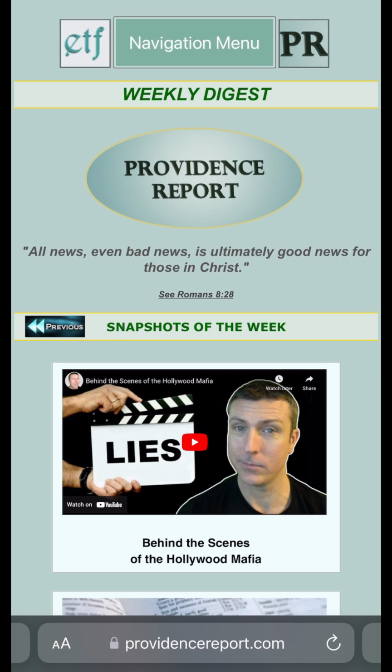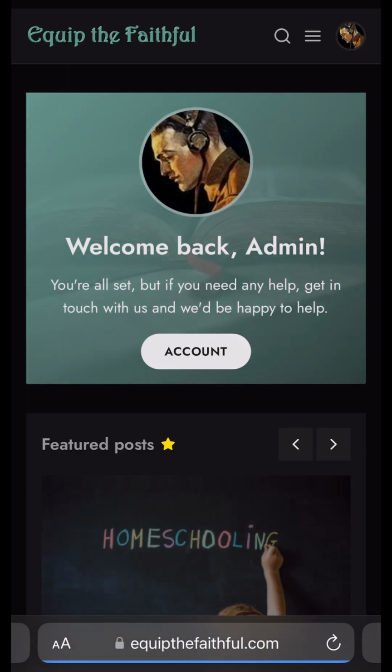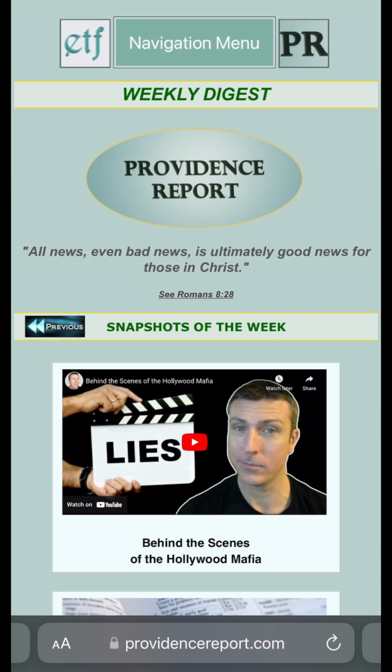Let's take a moment to familiarize ourselves with the main features of Providence Report. At the top of any page on the site, you will see the navigation menu and two icons with the letters ETF and PR. Tapping on ETF will take you back to Equip the Faithful, and tapping PR will return you to the Providence Report homepage. We'll discuss the navigation menu momentarily, but first I'll explain the primary feature of Providence Report, which is the Weekly